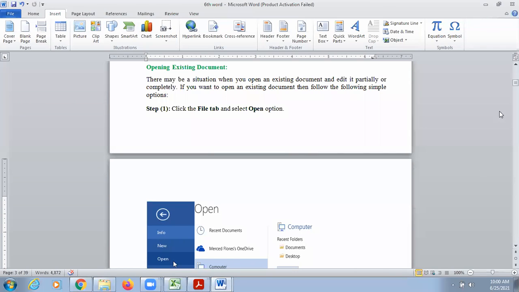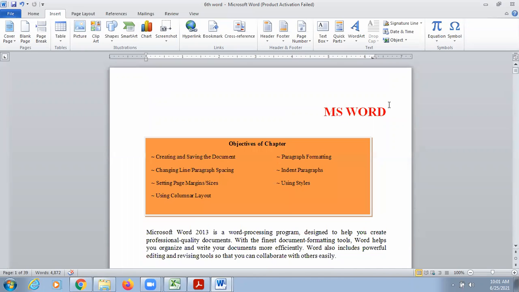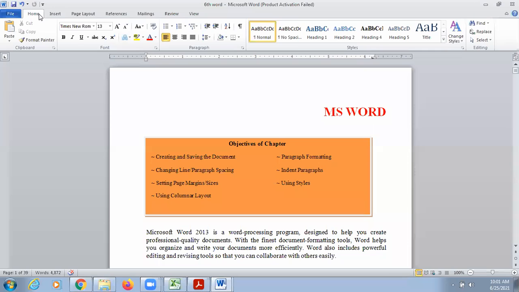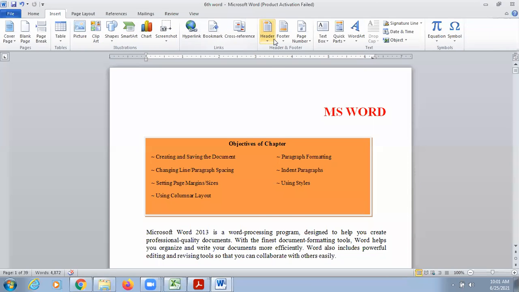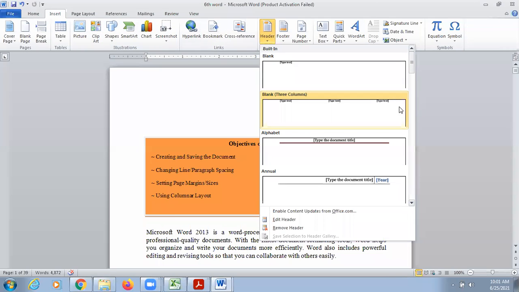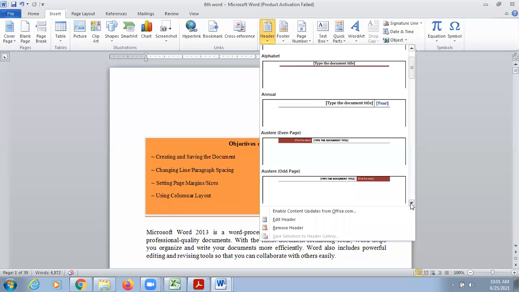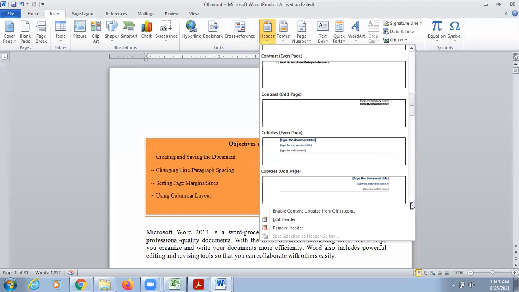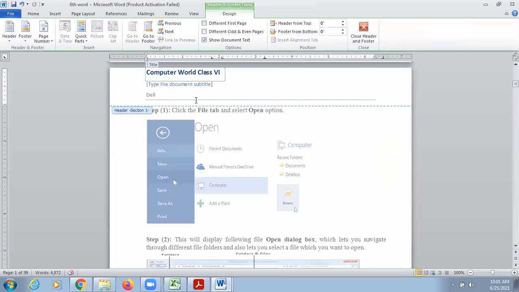on every page. You can even insert, like suppose you are designing the report cards for all the students of a class, then the logo you want to insert at the top of every page, you can do this with the help of header only. So I'm going to insert an image now, this time in the header. Suppose I want to choose this header, and instead of the text, I am going to insert an image.